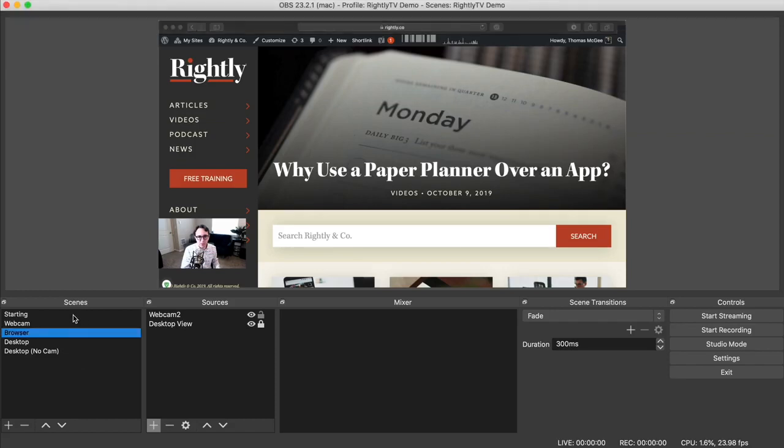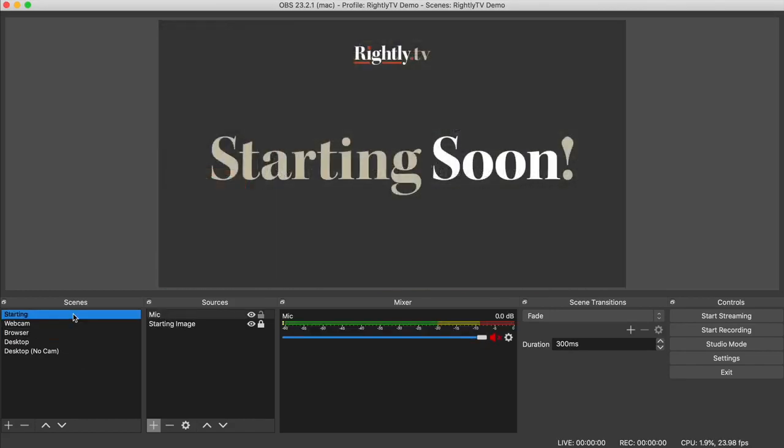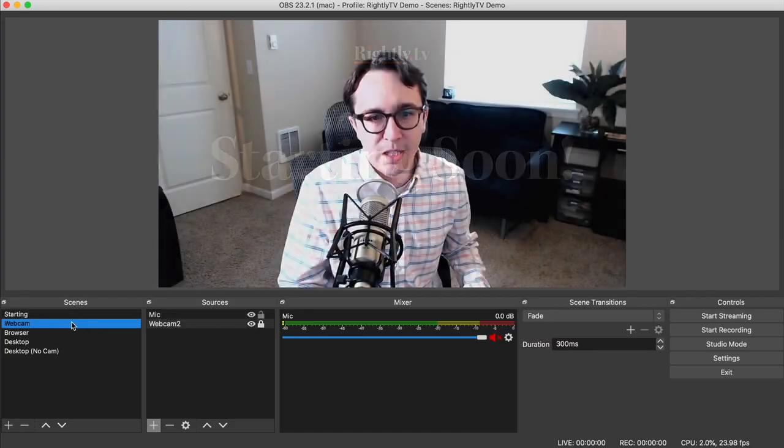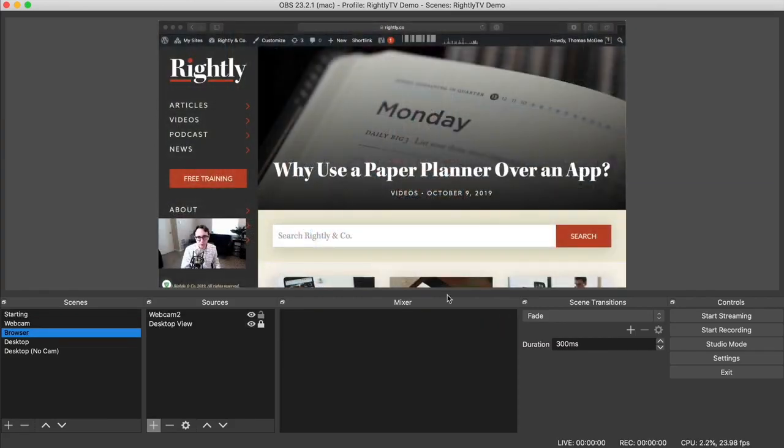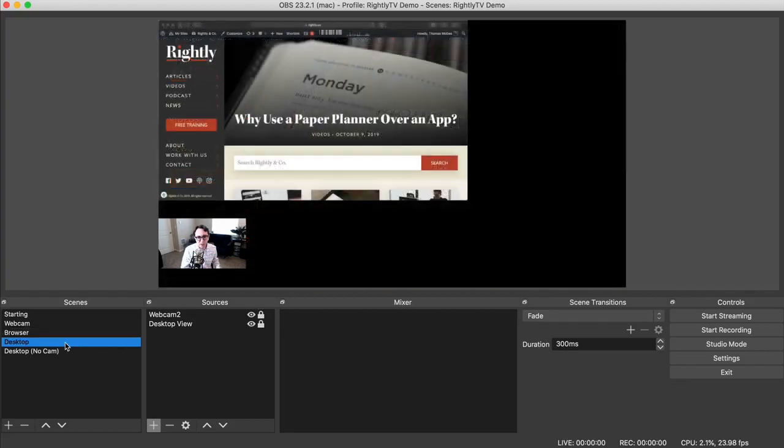So to pop back over to OBS, you can see here that I can jump from scene to scene really easily. I can go to just my webcam, hello everyone. Then I can jump on over to just this browser view, and then I can jump on over to my desktop view. Now one of the things you'll see here is that I actually went through and I accidentally cropped